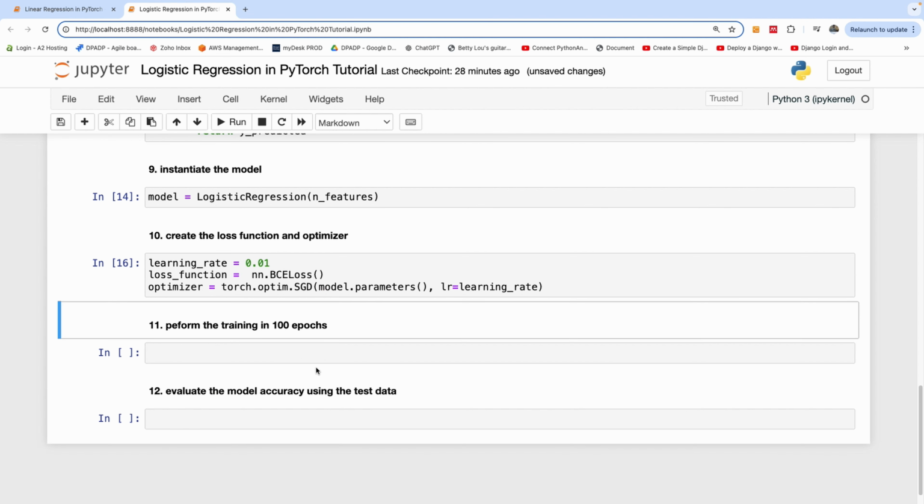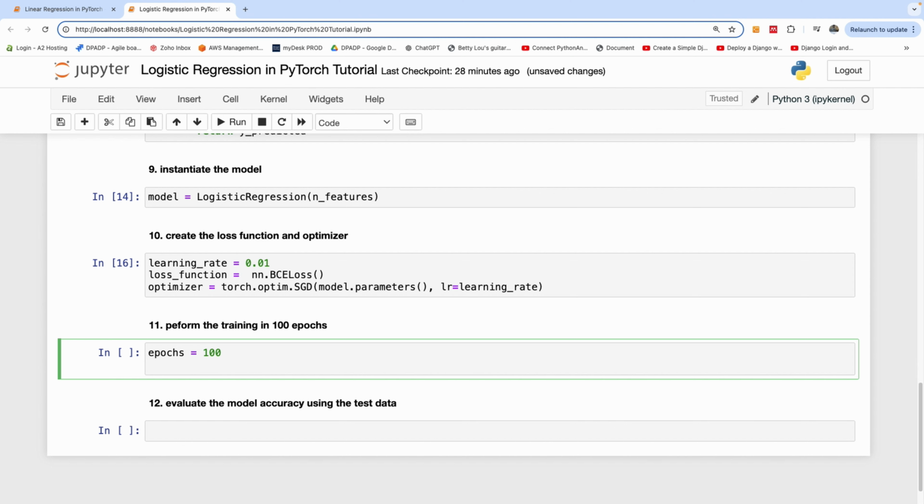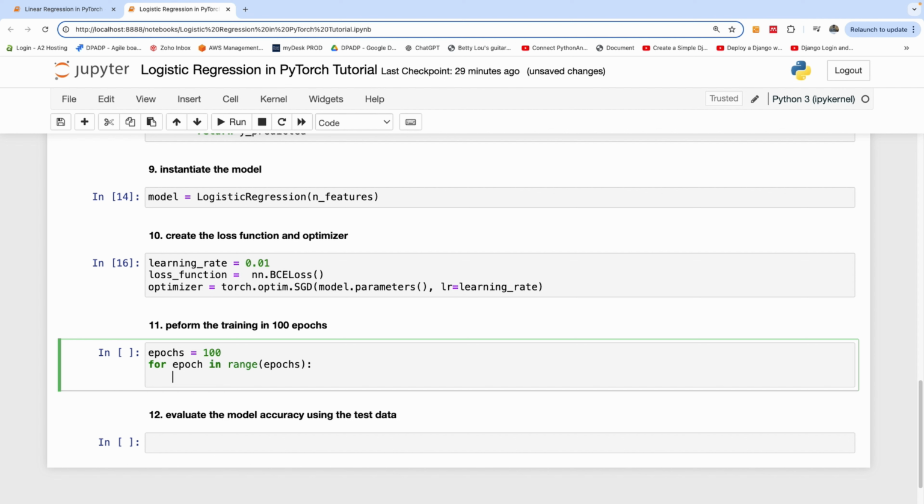SGD. Okay. All right, so we want to now perform the training, and I'm going to perform this training in 100 epochs. An epoch is a forward and a backward pass gives you one epoch. So I'm going to perform it 100 times. So I'm going to create epochs. It's going to be 100 epochs, and for each epoch in range epochs, what I'm going to do here,